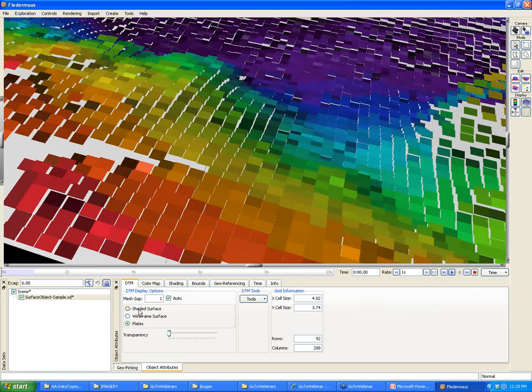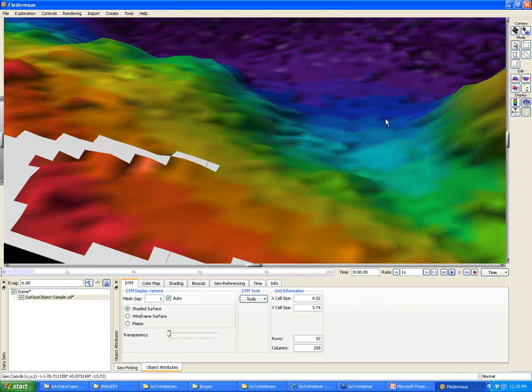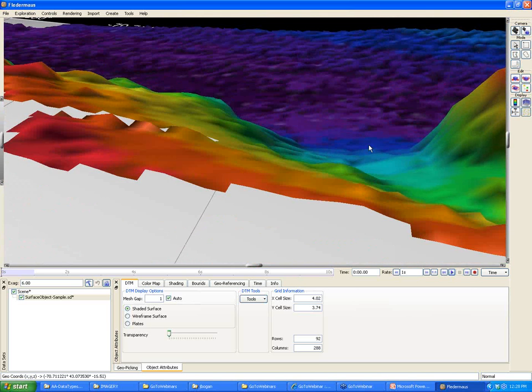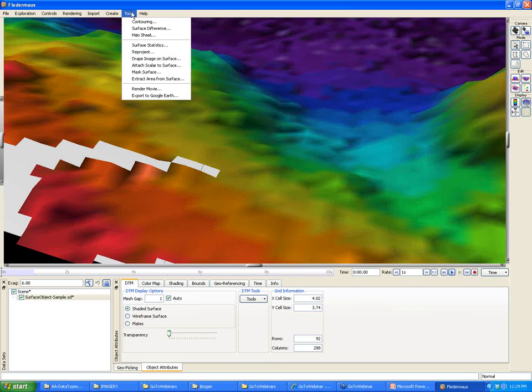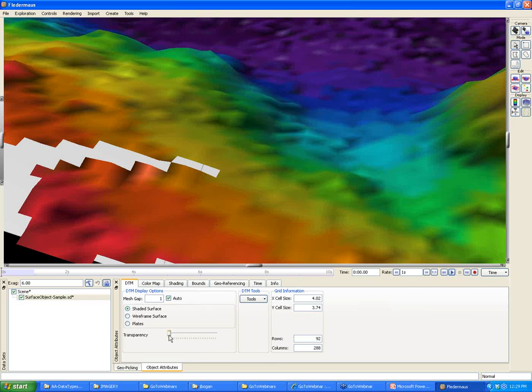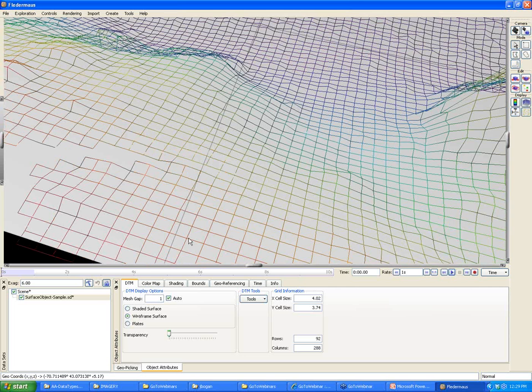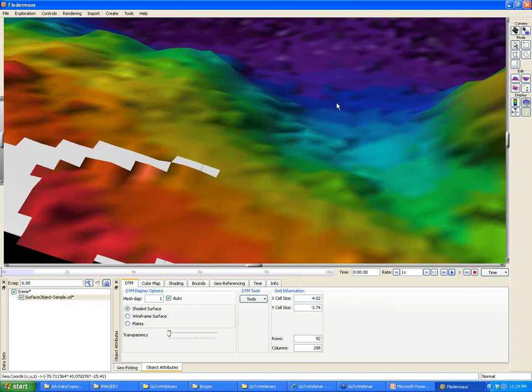So the complete coverage and the smooth shaded, which is typically how we view surfaces in a 3D scene. And again, tools that operate specifically on surfaces are normally available under the Tools menu, and often duplicated in the menu tools as well. And things like controlling transparency, obviously more relevant if there's objects underneath it to see through, and wireframe just gives you an idea of the cell size. And that's a typical